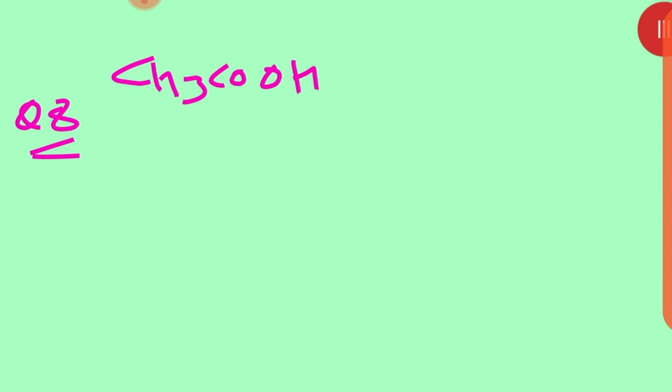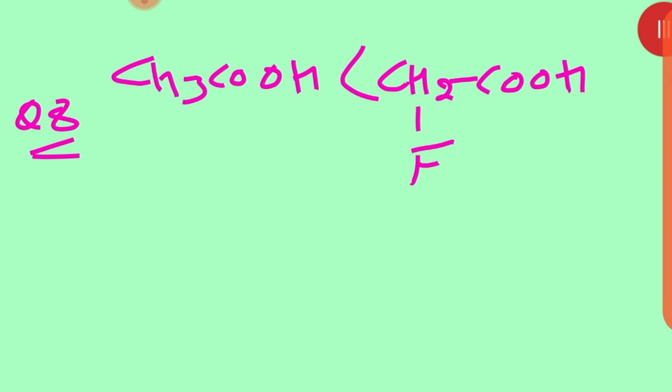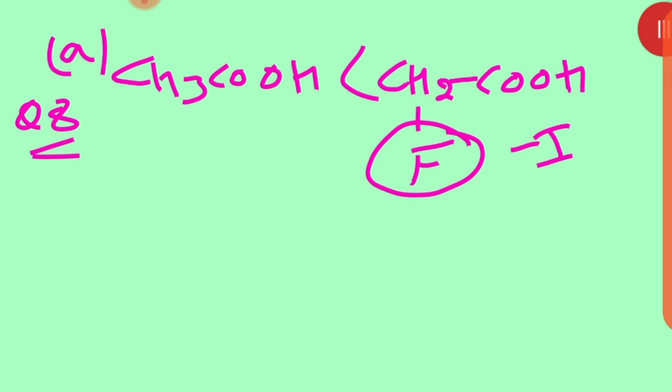Okay students, so now we are going to do the last question of this, question number 8. Which acid would you expect to be stronger? Number 1, they are asking you CH3COOH and CH2FCOOH. Now tell me beta, which one is stronger? Obviously this is the stronger. Why? Because F is an electron withdrawing group. It is showing minus I effect, and minus I effect always increases the acidic character.